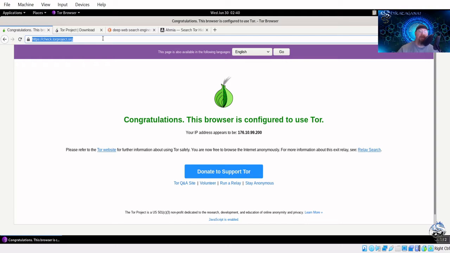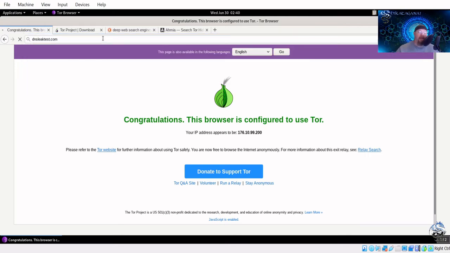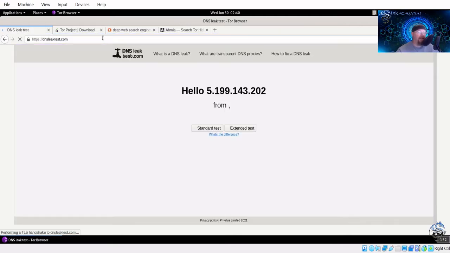That way they can monitor and log the traffic you're doing. Therefore, you're not anonymous. So you need to always check this extra step to say, hey, am I really anonymous? So what I always do is I do a